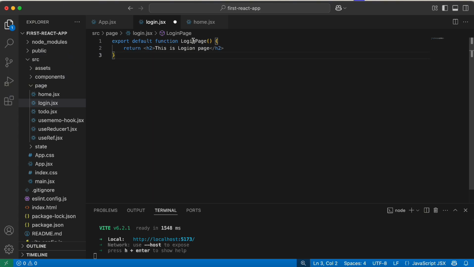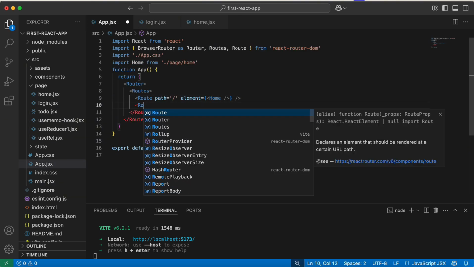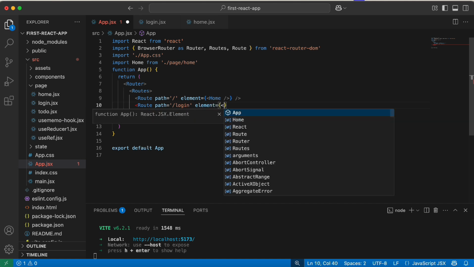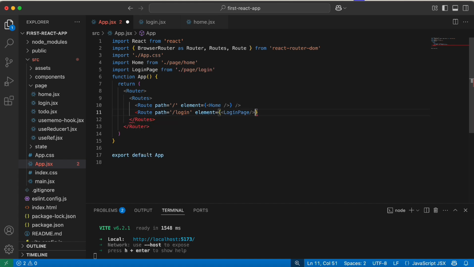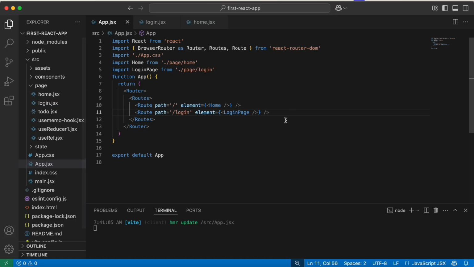Right, if we do this and we go over to app.jsx and I create another route, and I say path should be /login, and my element should be my login page, which of course we're going to import from our pages. And if we do this and we save, nothing is going to change, right? If we head over to the application, we still have "this is home". But if we move this over to the top and we save, we're going to have